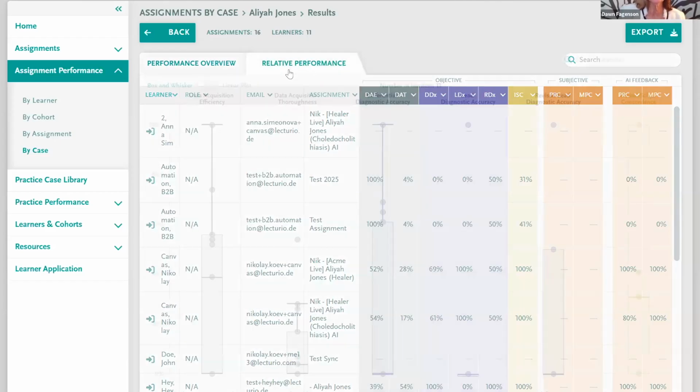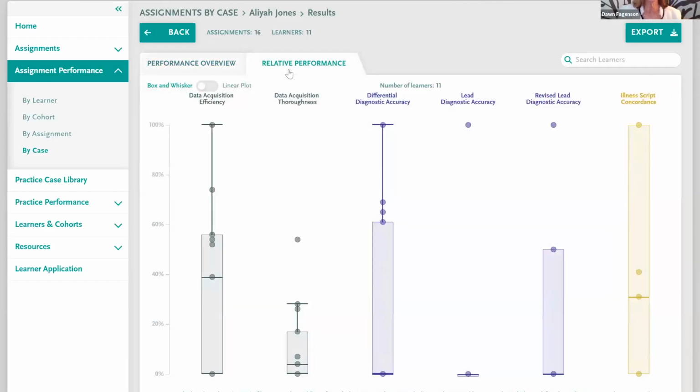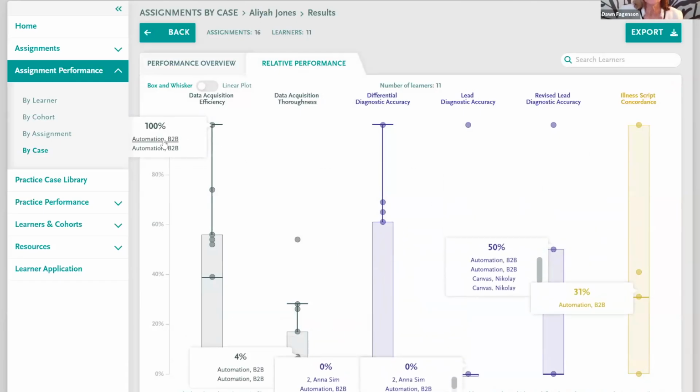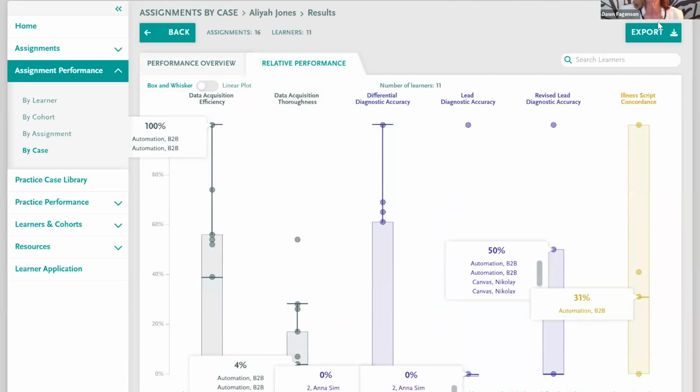So we also give relative performance. If you like charts and graphs, if you like box and whisker charts, this will show you the outliers, and then you can track someone across all areas of the case. And then I'm not going to do it right now, but if I wanted to click this export button here,